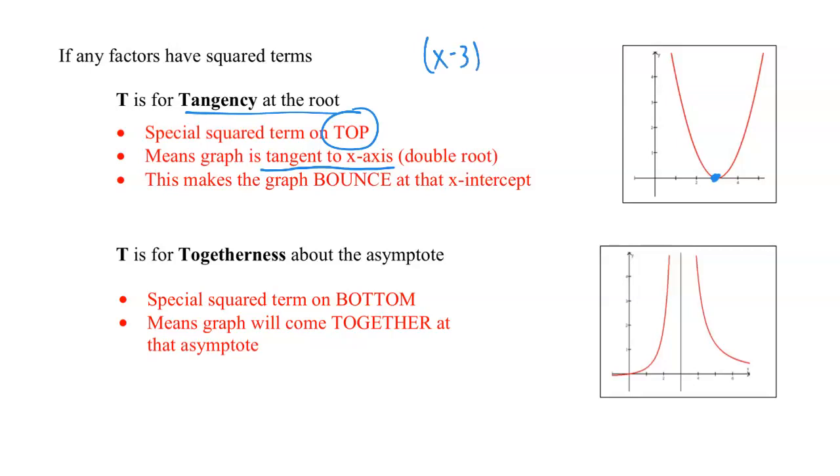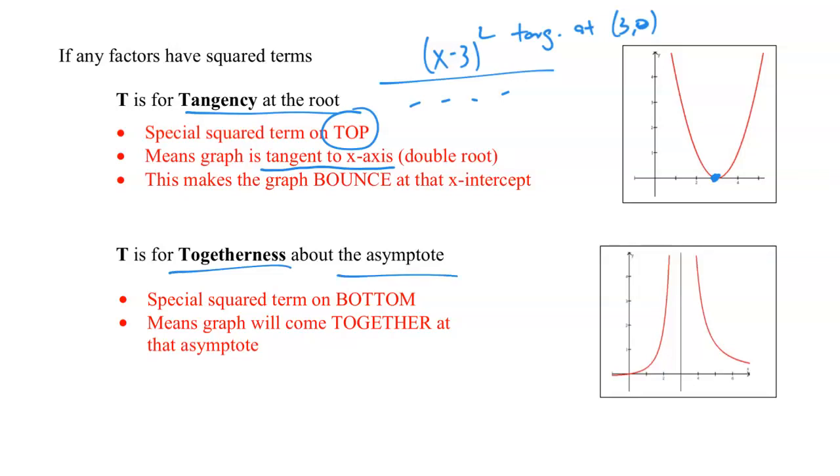So if in the numerator I had (x - 3)² over something in the denominator, this would indicate that I have tangency at the root (3, 0), which you can see from the picture is what we have going on. Now, the other T in the RATEY method is for togetherness about the asymptote,